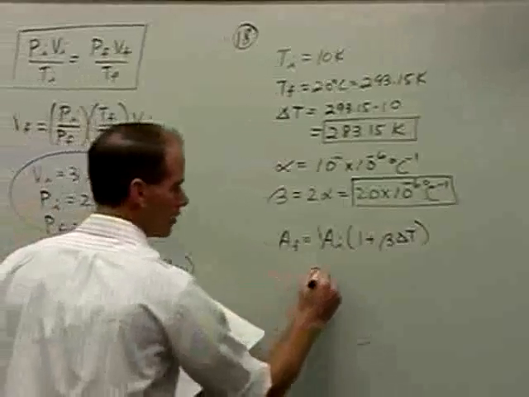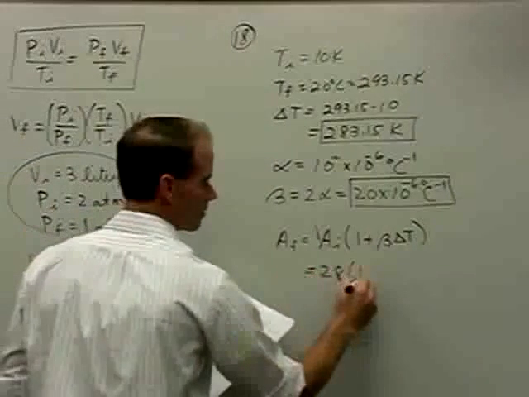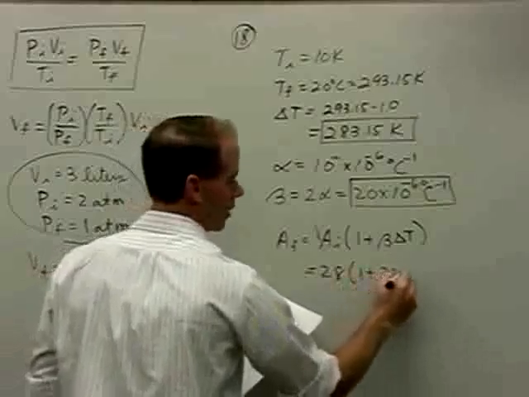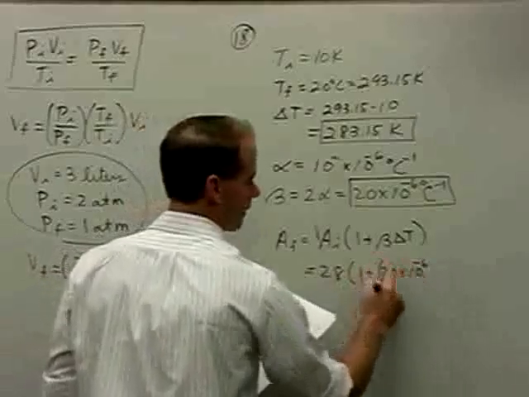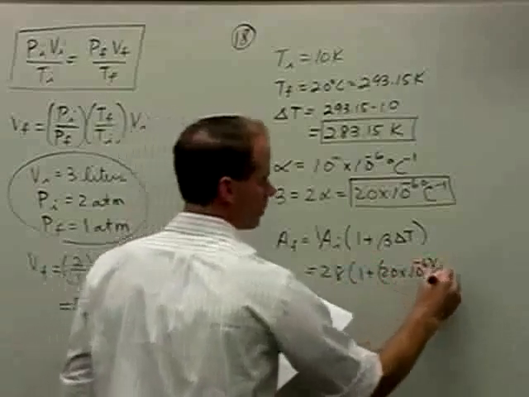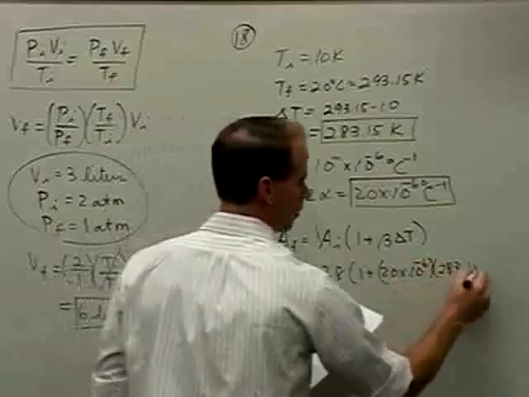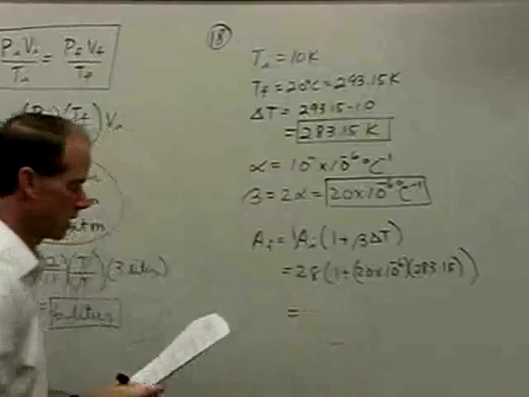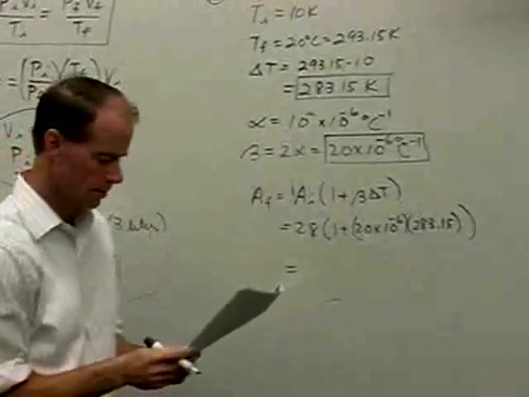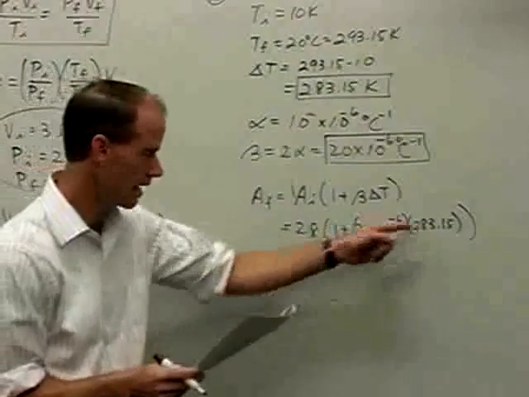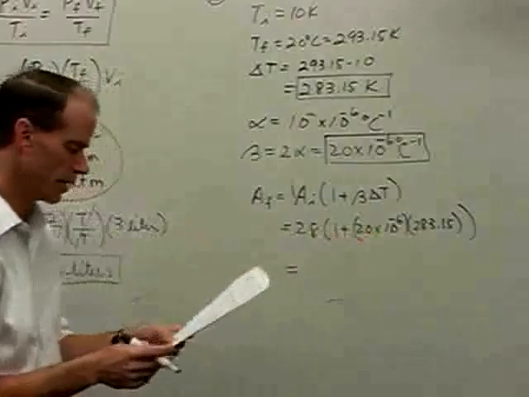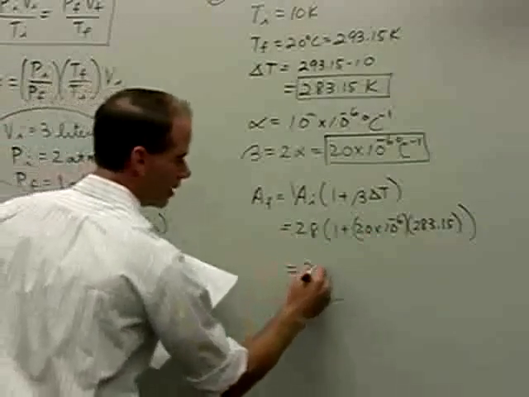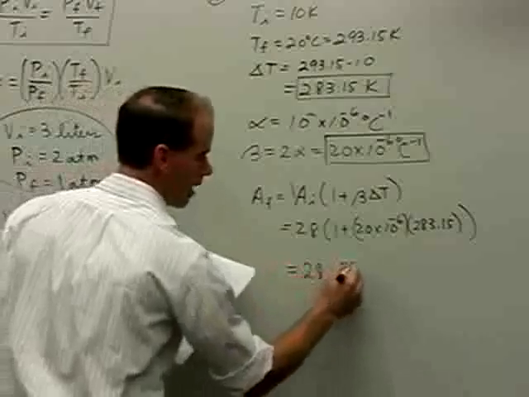And this will be 28 square centimeters times 1 plus 20 times 10 to the minus 6 times the change in temperature, which was 283.15. When I multiply this out, add it to 1, and multiply by 28, I get 28.159